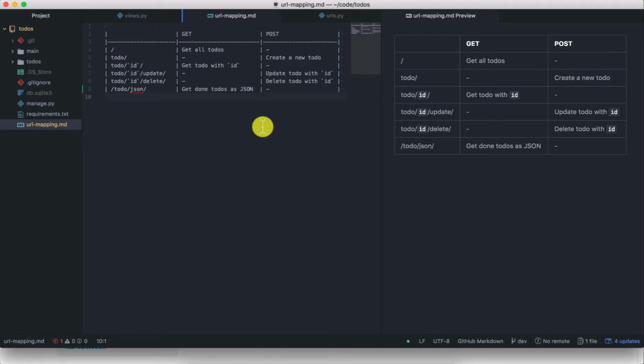In the last video, we introduced Django's generic detail view. In this video, which will be the last in our series, we are going to look at how to return JSON responses. So we are going to create an endpoint which will be returning the done to-dos in the form of JSON. So we can go to the tool that I showed in a previous video,